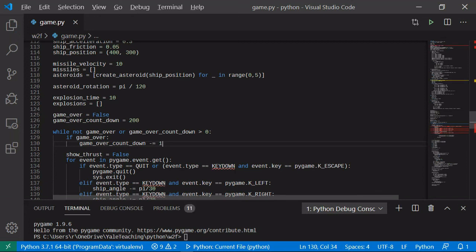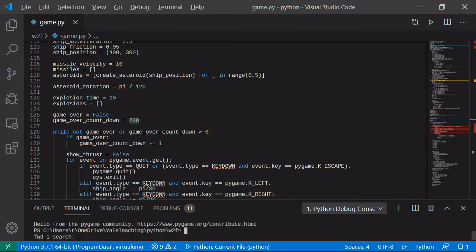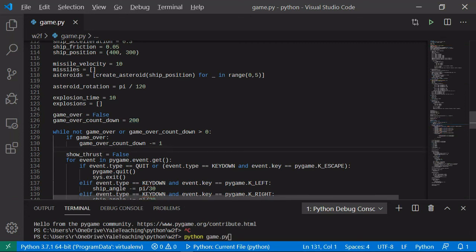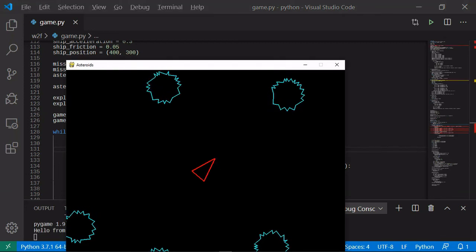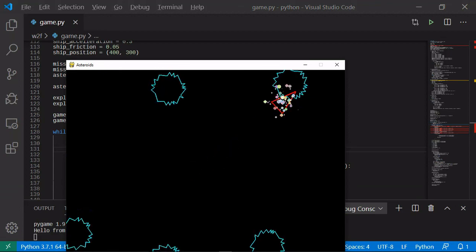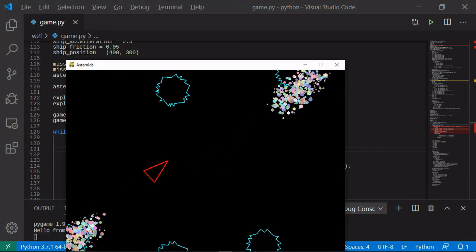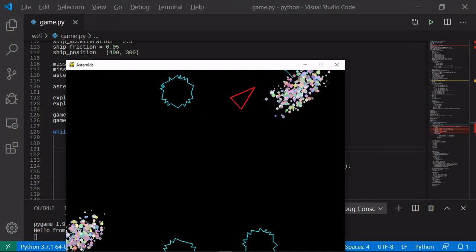So we're going to get the game to stop but still display the last explosion of the ship for 200 frames, which is a long time, and then it will simply stop. Okay, so if I go and crash, now there's a big explosion